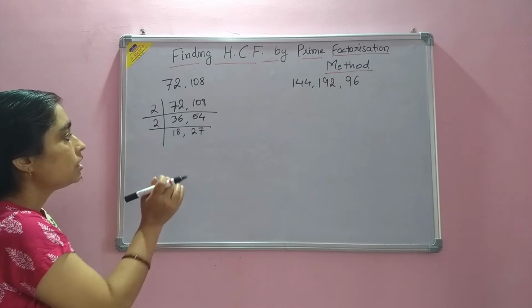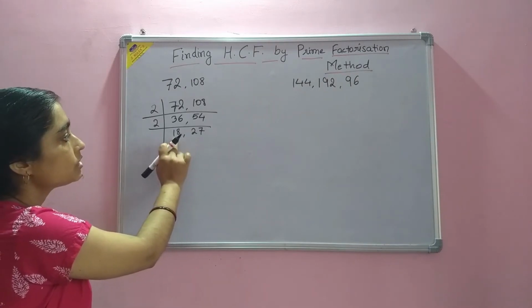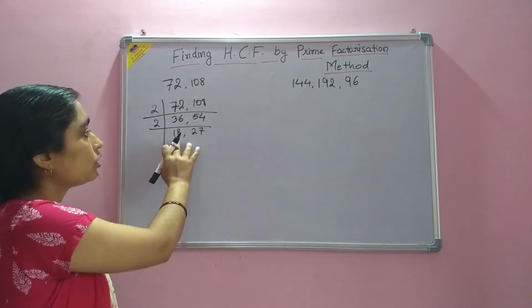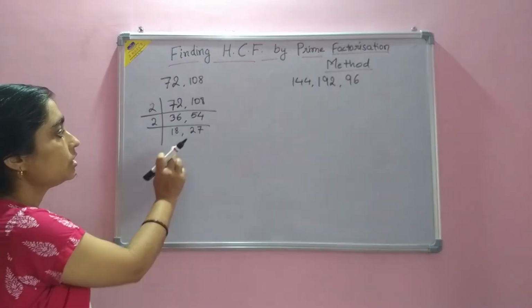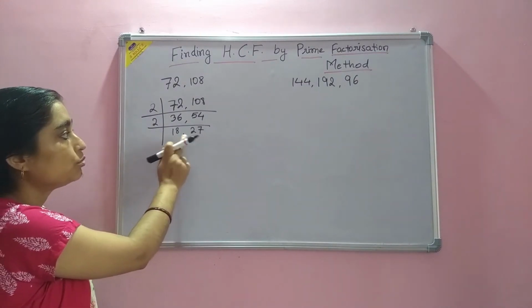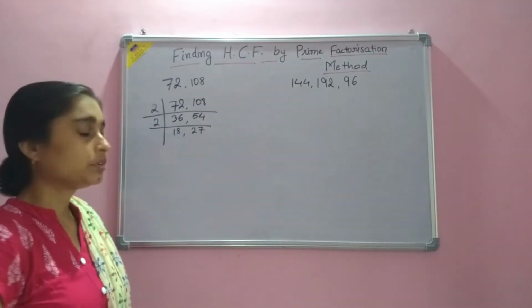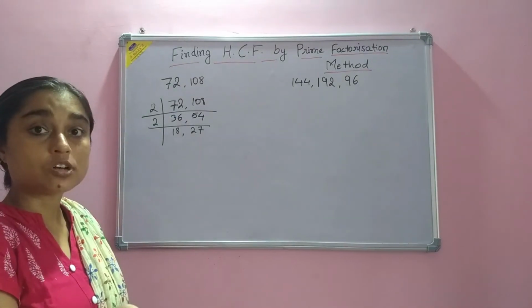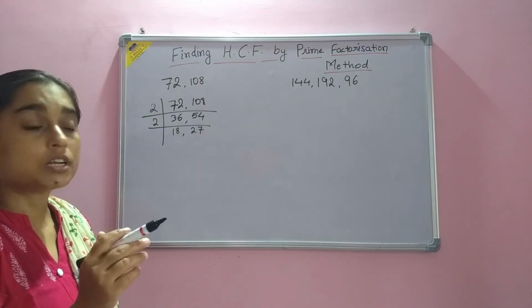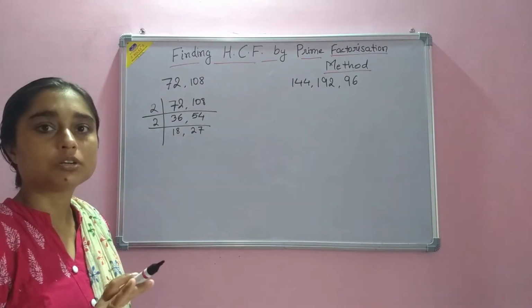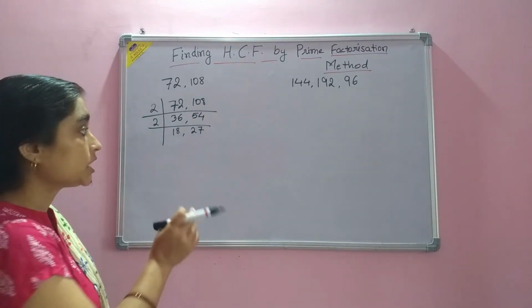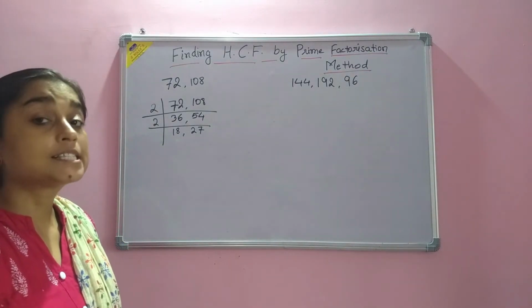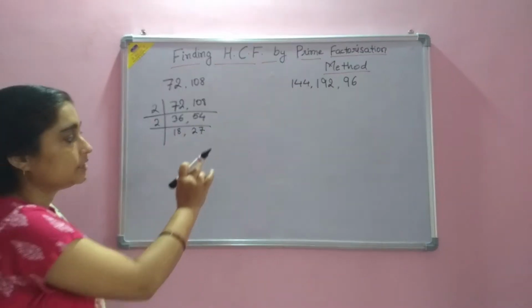Okay. Now see, this number is divisible by 2, but this number is not divisible by 2. Yes? In this case, we will not divide by 2. Now see, the number 18 is divisible by 2, but 27 is not divisible by 2. Similarly, if in any other case only one number divides and not the other, we will not take that number. Now we will take that prime number which can divide both 18 and 27. Such a prime number is what? It is 3. 3 6s are 18 and 3 9s are 27.